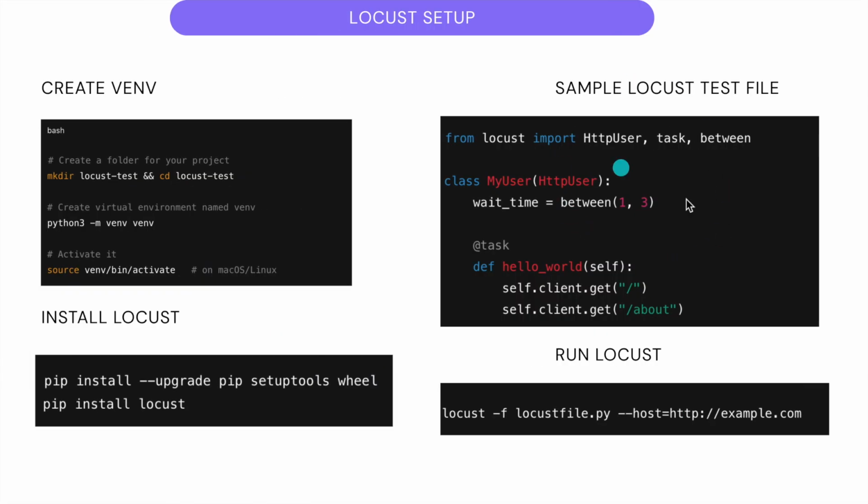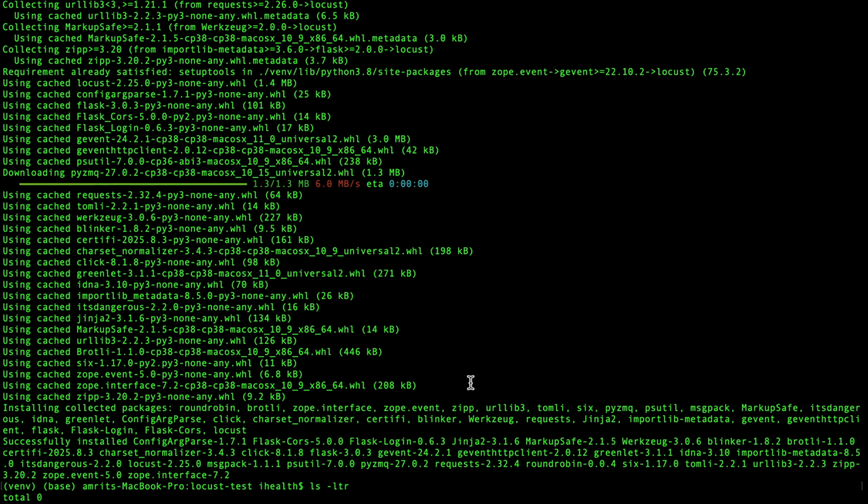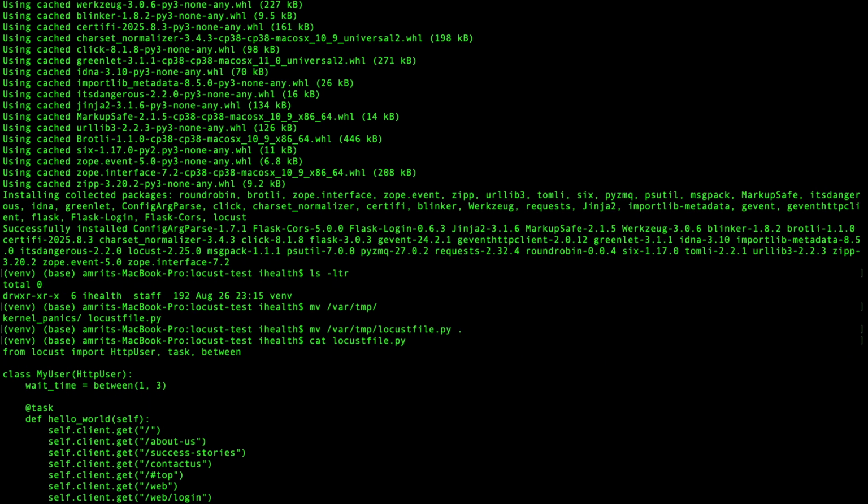And now we will be creating this test file. Basically, you can create the test file and scrape through the website. I have my test file already created, so maybe I'll just move it here. This is the file I created, which means this is a Python based file, and here I am importing all the classes or libraries which we need, where I am using HTTP user, task, and